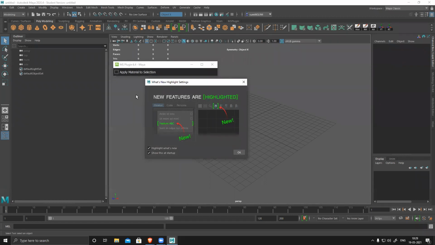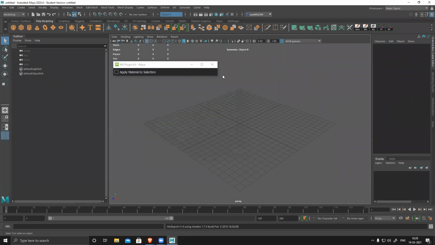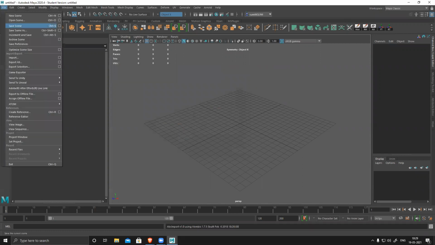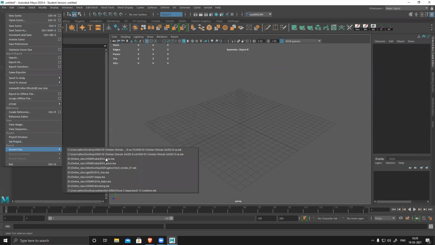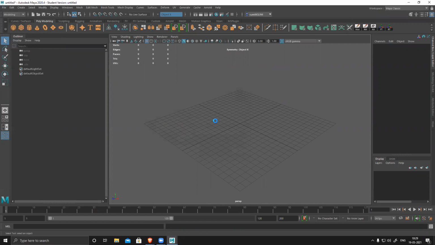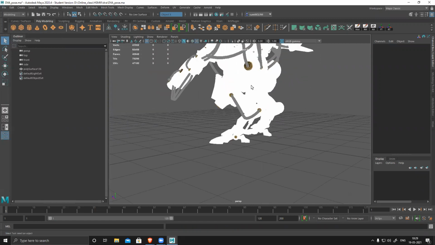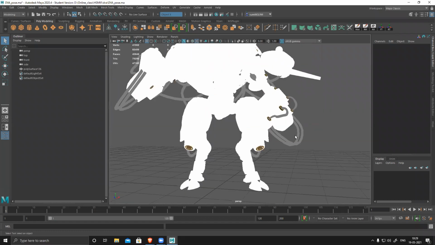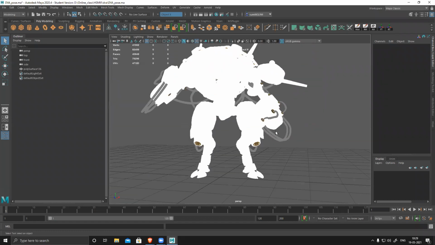Okay, Maya open. DBA. Let's use pose. So I opened my file. All textures I have to assign now. So I'll show you how to assign textures and how to render it out in Maya.